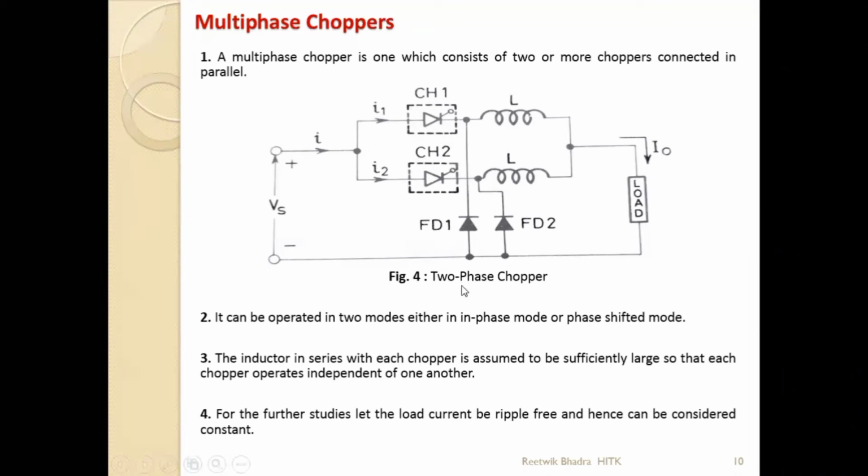This chopper can be operated in two modes. One is in-phase mode, one is phase-shifted mode. We'll talk about this in the next slides. What is in-phase mode and what is